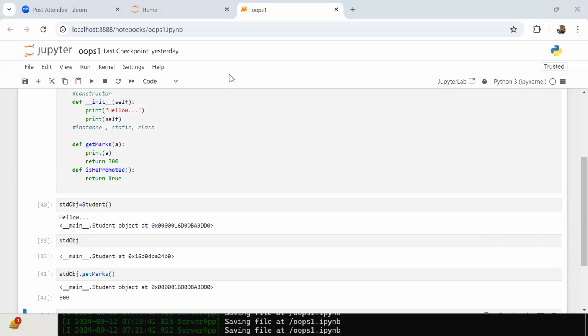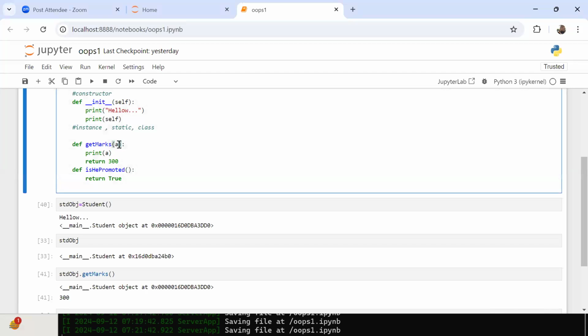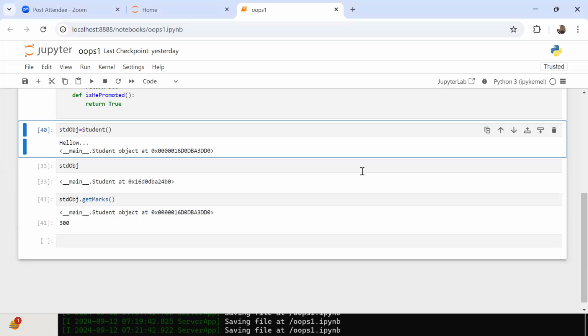What is that? Student object. Student object is nothing but my current class object only, or not? How can we hold the current class object? The name can be anything, but naming convention wise, which one is the best? Can I use self? Understood, everyone? Are you agreed or not?